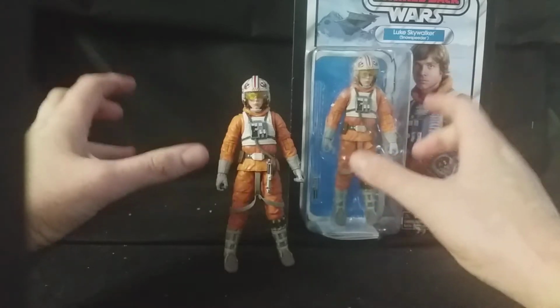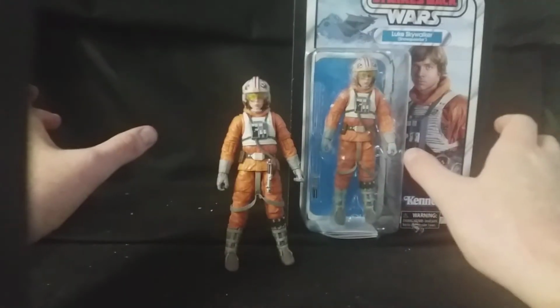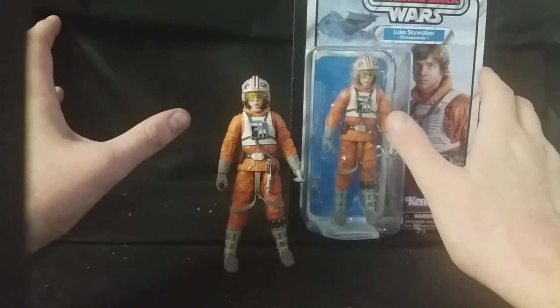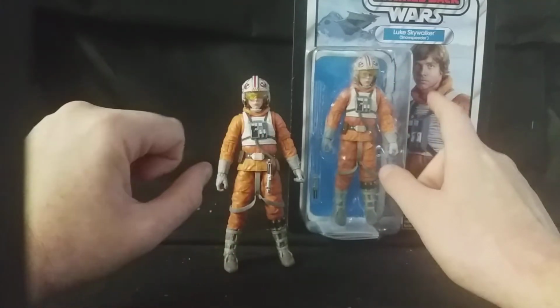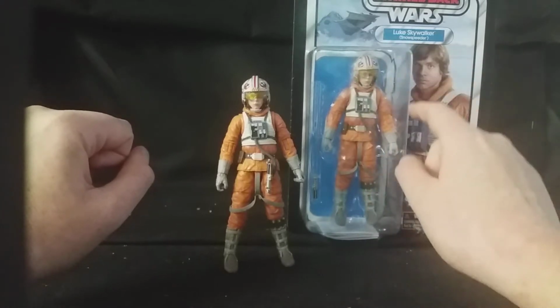I have to say, of the pilot Lukes and the variants they've had of the pilot Lukes, this is the best one. Absolute favourite. This one blows every single one of them out of the water. The sculpt and articulation on this thing is absolutely incredible. I'm glad I picked up another one on the vintage card, which I'm keeping in package, and I will be picking up a third one